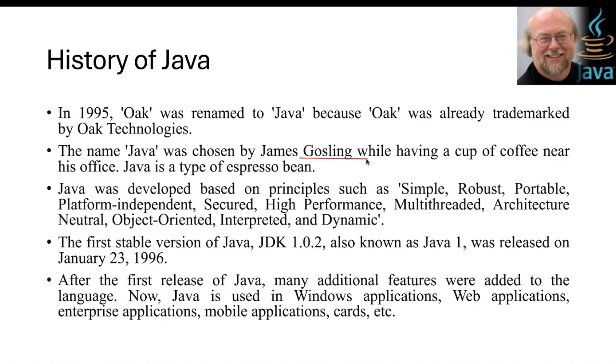Java was developed based on principles such as simple, robust, portable, platform independent, secured, high performance, multi threaded, architecture neutral,